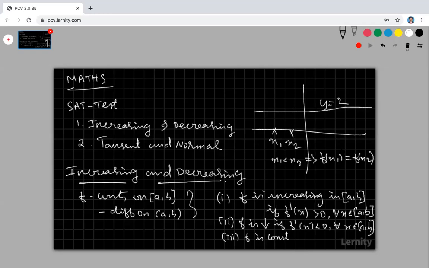We don't know the graph, sir. We don't know how to draw the graph, sir. Then go for this derivative test, this theorem. Find out your f dash of x. If that is greater than 0, the function is increasing. Less than 0, the function is decreasing. If my f dash of x is equal to 0, my f is constant. So you differentiate this. If you take y is equal to 2 or f of x is equal to 2, then your f dash of x is equal to 0. Therefore the differentiation is 0.